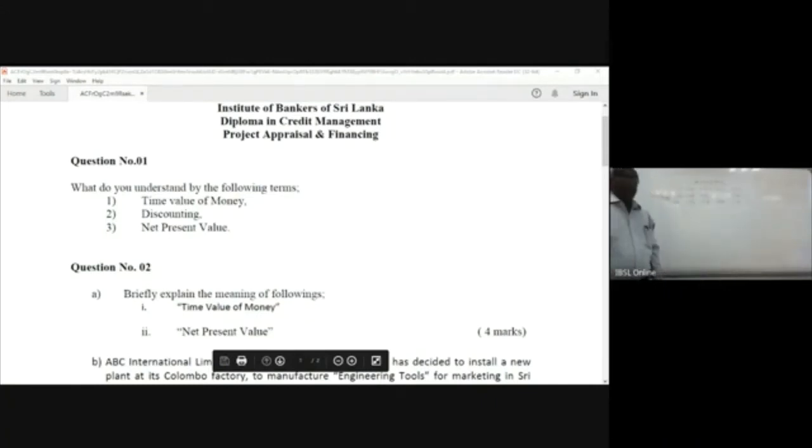What is happening? With this 100 rupees, you can buy 1.5 pounds of bread now. Last year, it was around 1.75 pounds. Before that, it was 2 pounds. Maybe next year, it may be around 1.25 pounds. And the year after next, it may be 1 pound of bread only you can buy with 100 rupees. We call it the purchasing power, the purchasing value of 100 rupees.